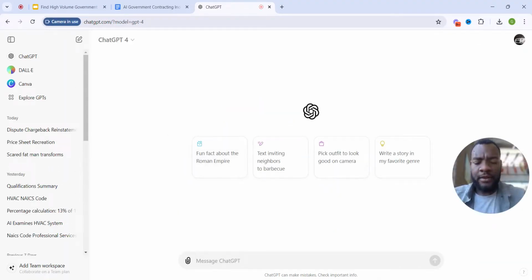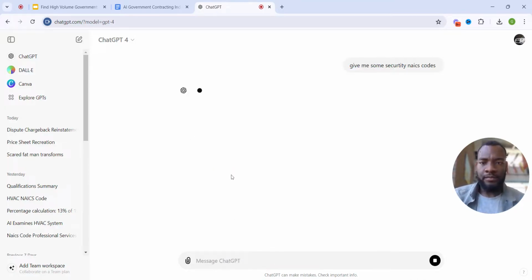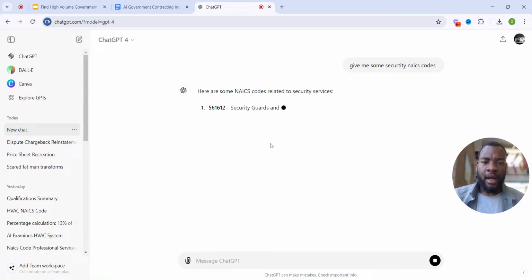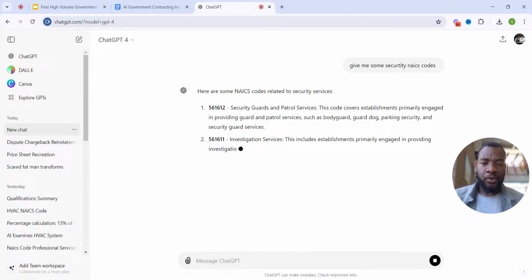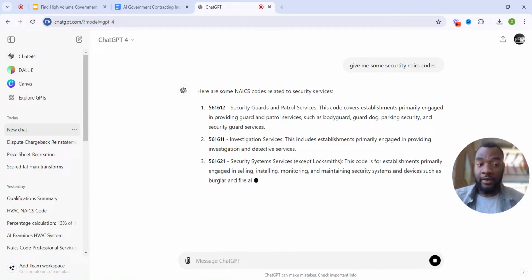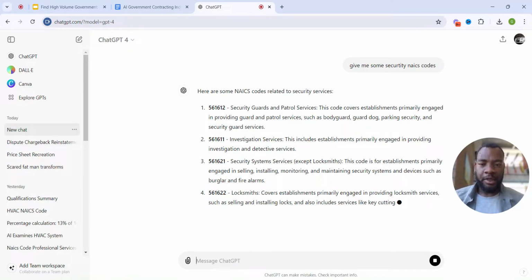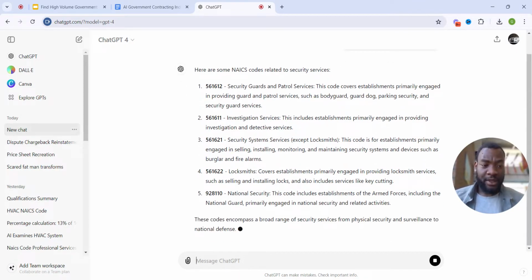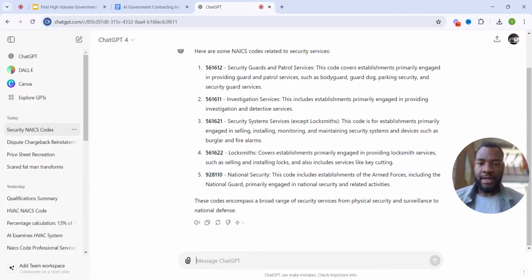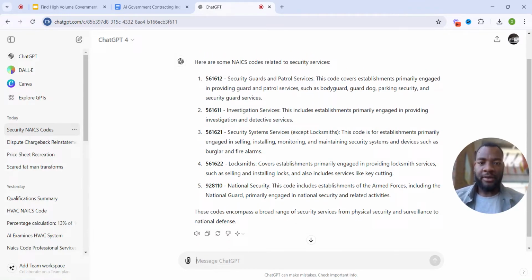I'm going to go with, let me see, what do I have in mind right now? Security. Give me some security NAICS codes. I'm going to show you exactly how you're going to want to plan this out for yourself. I'm only going to do one batch, but I believe that with that one, you'll be able to do the rest. Now, the next code we have here is